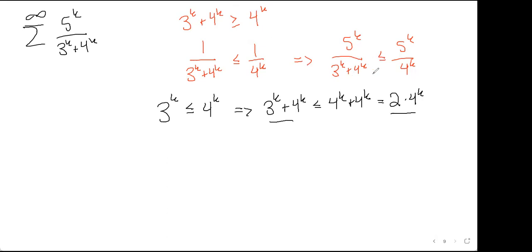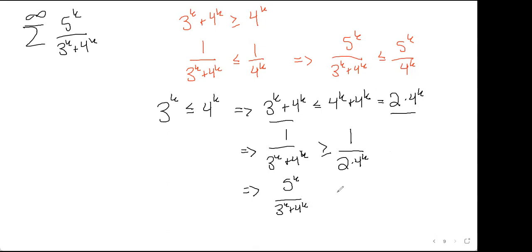If we try these same moves, with these two parts, flip the inequality: 1 over 3 to the k plus 4 to the k is bigger than 1 over 2 times 4 to the k, and then put that 5 to the k on the top. 5 to the k over 3 to the k plus 4 to the k is bigger than 5 to the k over 2 times 4 to the k, which, rewriting a little bit, is